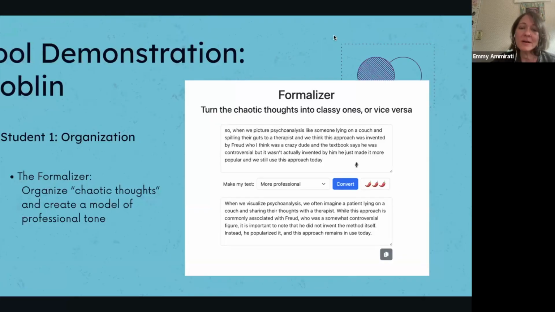Importantly, here's the creative part. I found that this tool is really useful for writers who struggle to paraphrase. A common paraphrasing strategy is that we read the text, we look away, we write it in our own words, and then we look back at the original to verify that the meaning matches. So what Jordan could do is read the text, then type or even speak, you see the little microphone option there, the paraphrase into the formalizer. This allows them to use whichever way they express themselves best, and then they can compare the result to the